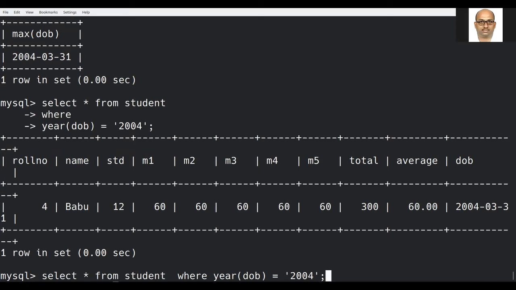Whereas some people will be giving the query like this. Where DOB, see how lengthier it would be.